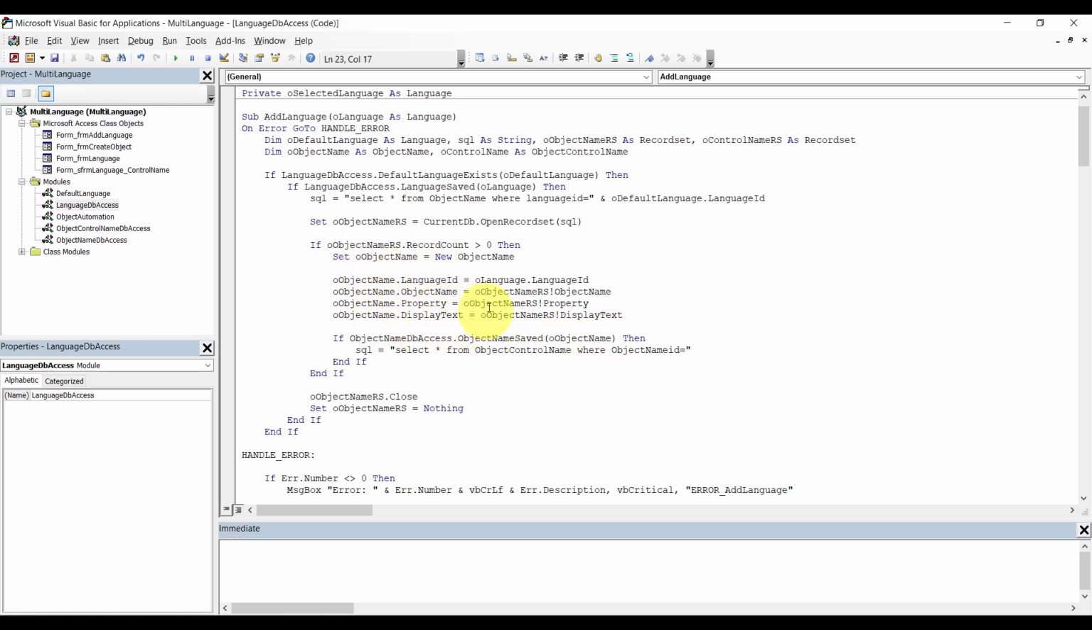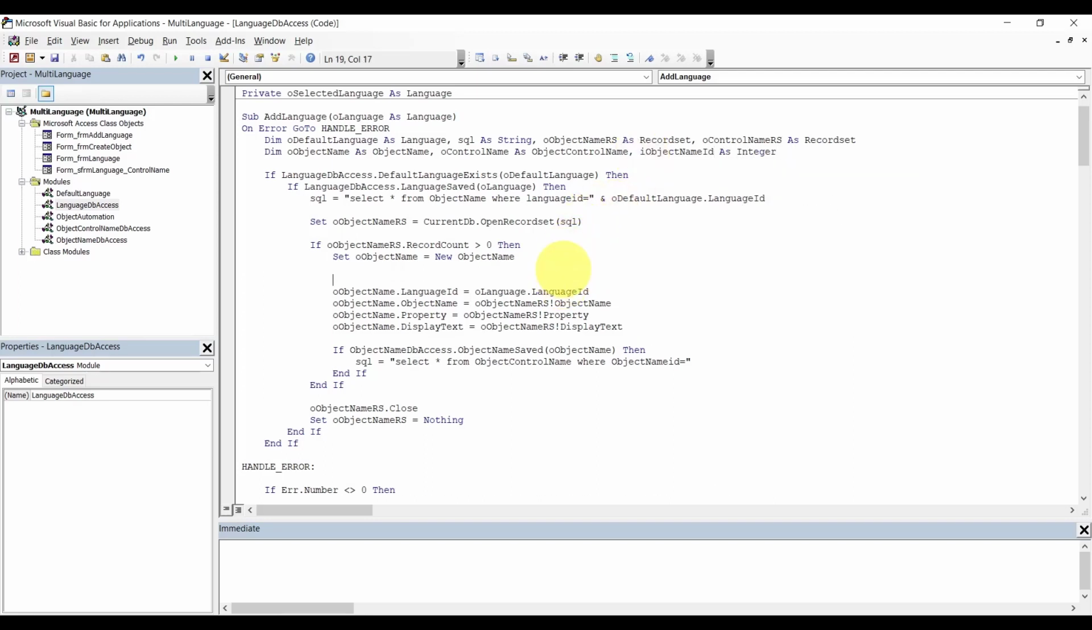When you create it, sometimes this ID is destroyed. All right, sometimes this ID is destroyed. I want to be a little cautious here. Object name ID as integer. I want to go ahead and set the object name ID equals object name